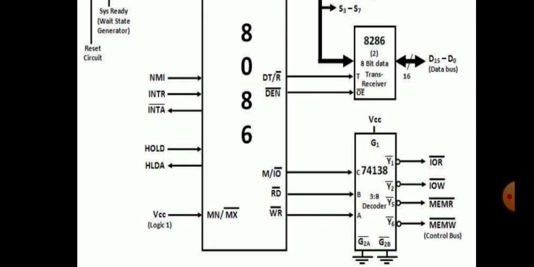Now coming to the other signals the processor deals with. NMI stands for non-maskable interrupt and INTR for interrupt request. These are incoming signals to the processor which are acknowledged by the interrupt acknowledgement INTA bar signal from the processor. Direct memory access controller may ask for access to the data, address and control bus through the hold signal and gets responded to with the hold acknowledgement signal by the processor.